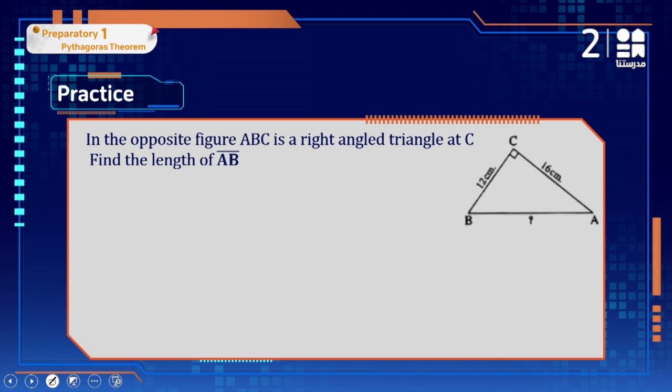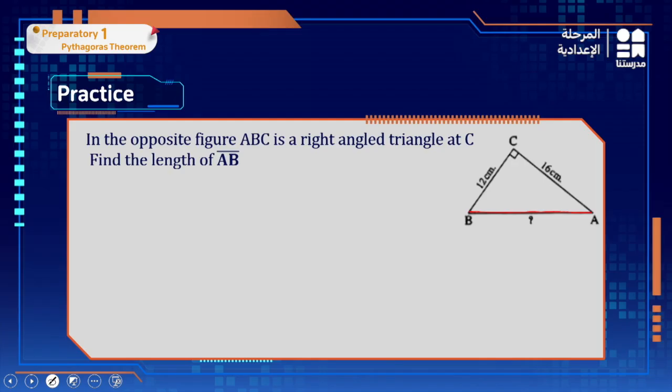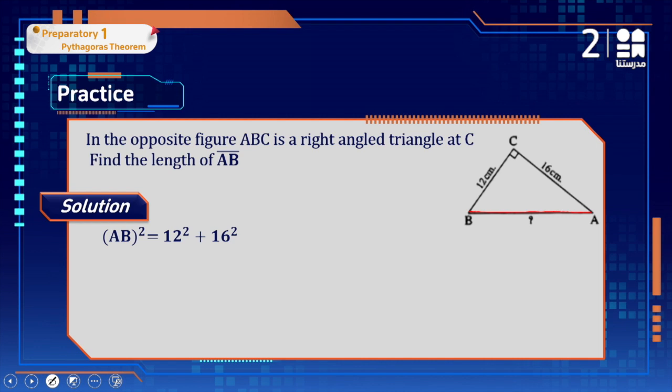Find the side lengths of AB. The right angle is C, so the hypotenuse is AB because it's opposite to the right angle. So how can we find AB? AB squared